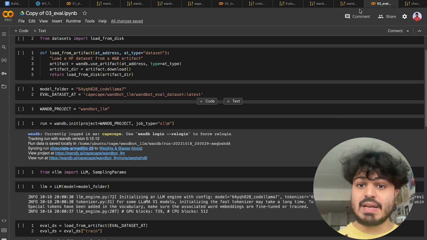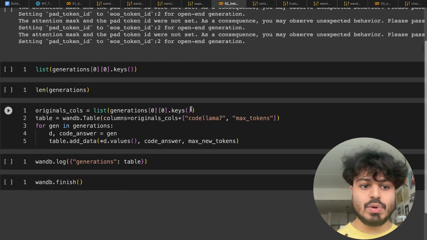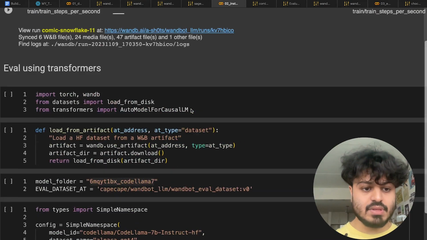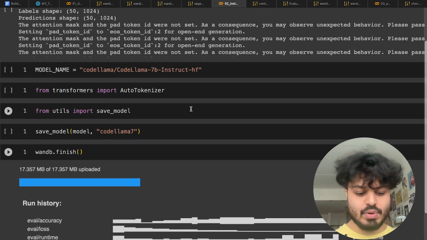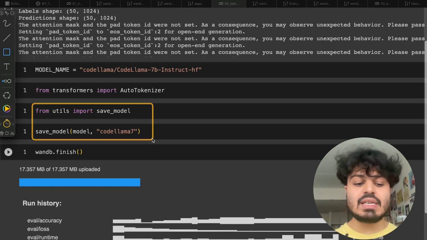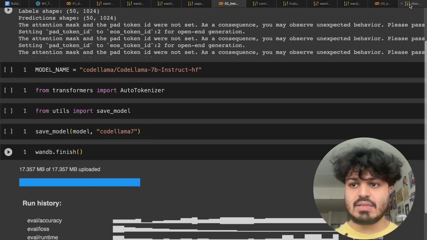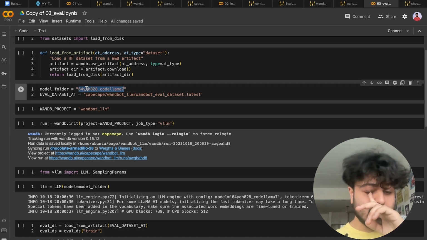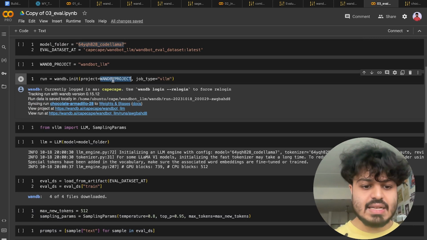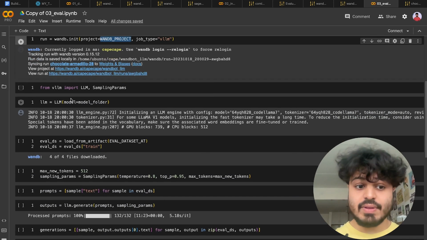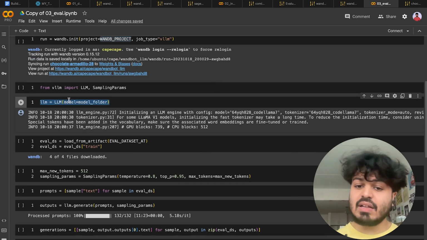Because in our previous step we explicitly saved our model to Weights and Biases, we can directly and easily retrieve that model and then use it to run the vLLM inference server,